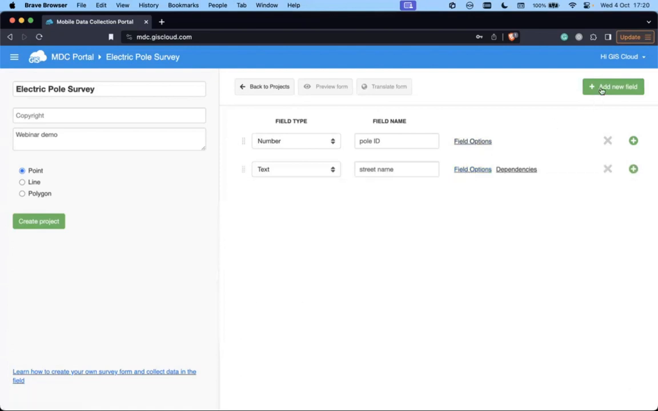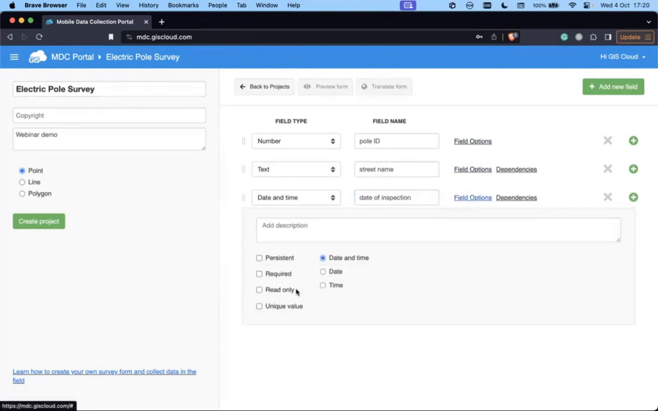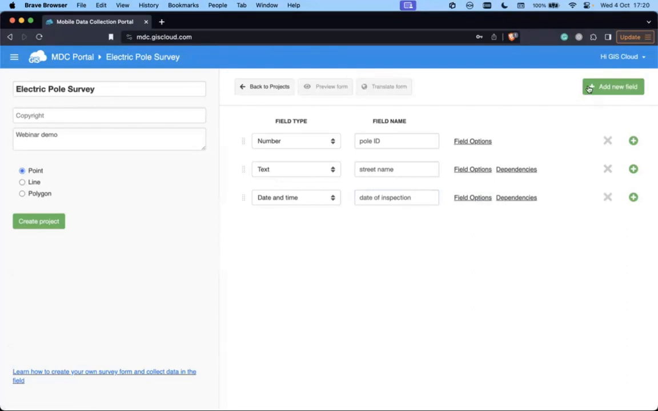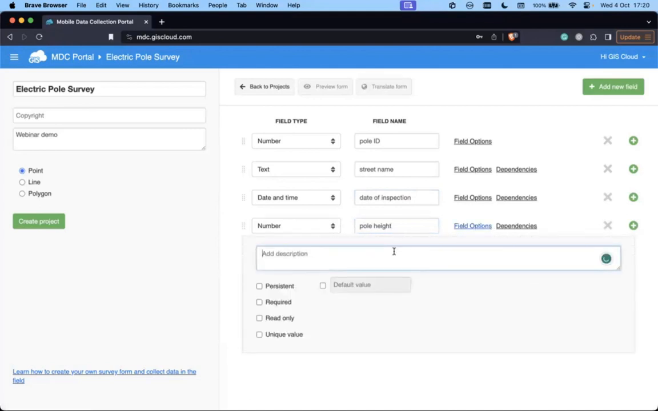Let's add another field, and we can add a date and time. So let's say this is date of inspection. And this is also a required field. This is a very important piece of information. Next, let's add another number field. Let's call this one height. And you can add a description to the field, and let's say